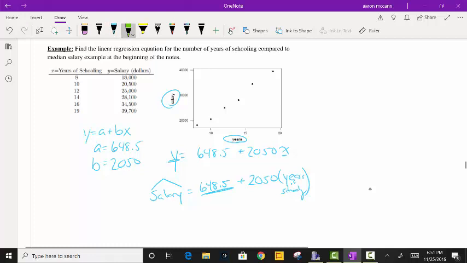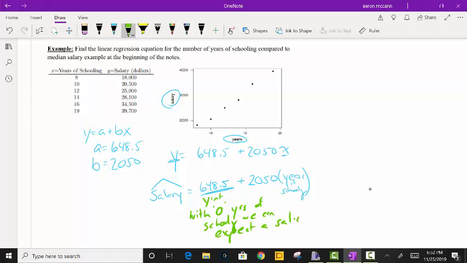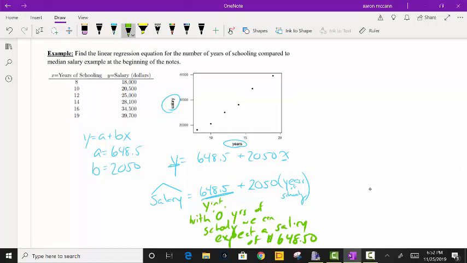This 648.5 is our y-intercept, which means that with 0 years of schooling, we can expect a salary of $648.50. And once again, that doesn't necessarily mean that's what's going to happen, but that's just the prediction based on our equation. And then the 2050 is our slope, which means the way we would interpret that is